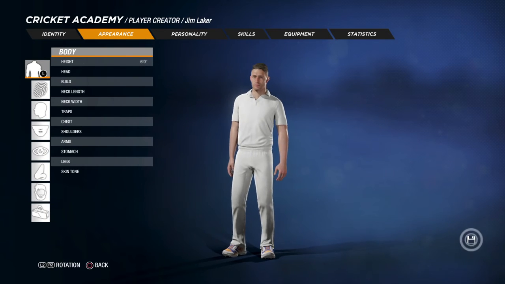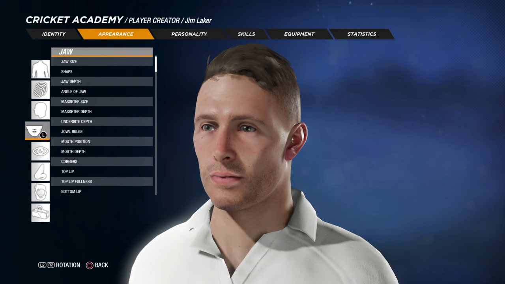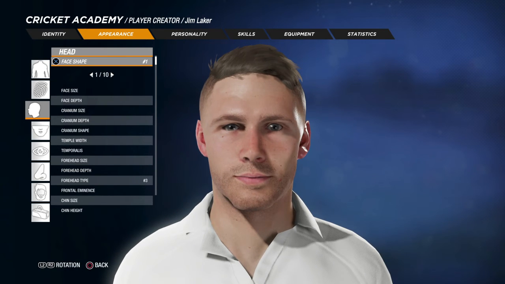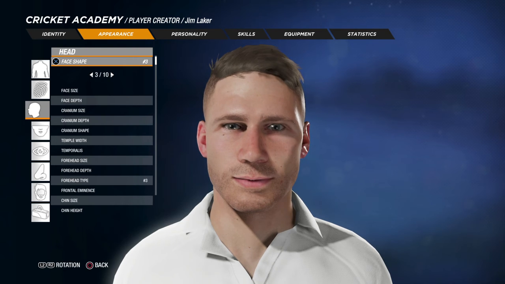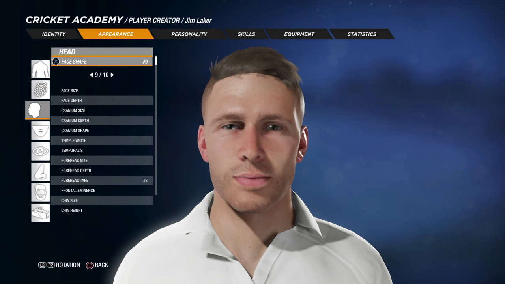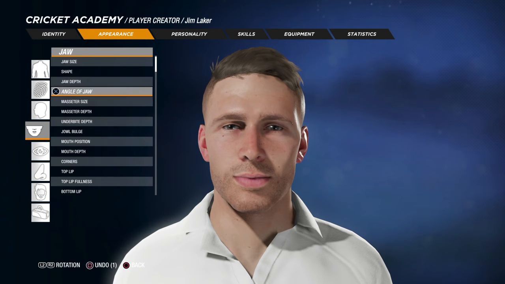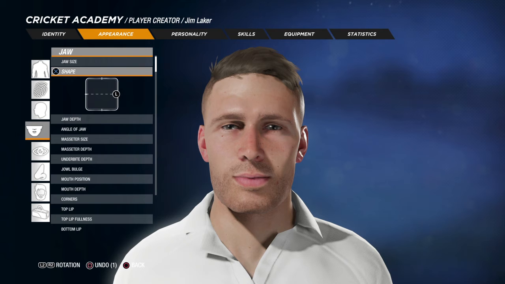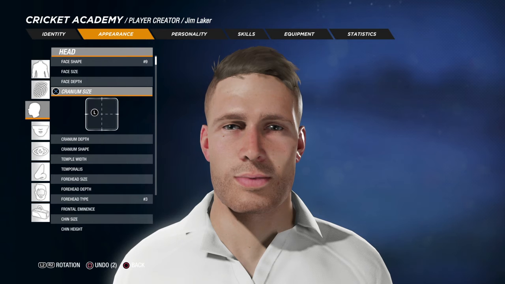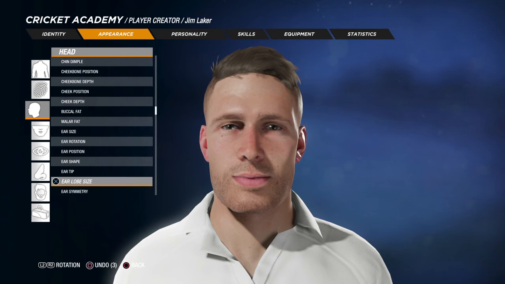I won't mess with his appearance too much just yet. There doesn't seem to be a very good picture of him on his wiki page. Yes, there is. And he looks quite tall. So, just very quickly, I'll go with the jaw size. Go with his face first. Look at his jaw size. Got quite a long face. That could be Jim Laker there. I tend to settle with 6s or this one here, which looks like a good one. 9. To get his jaw right, I'll just take the shape down a bit more because he's got quite a long jaw. And he has a very narrowish type of face,